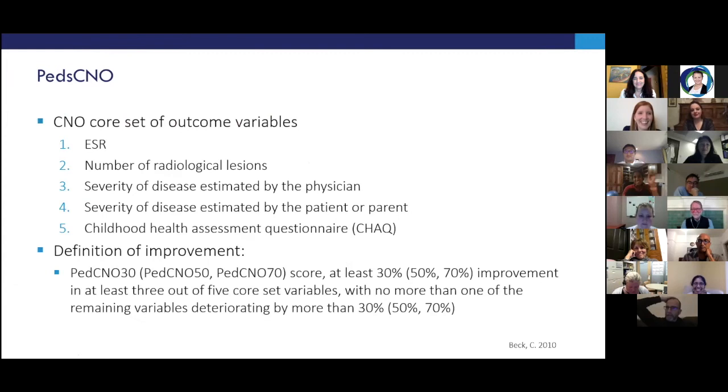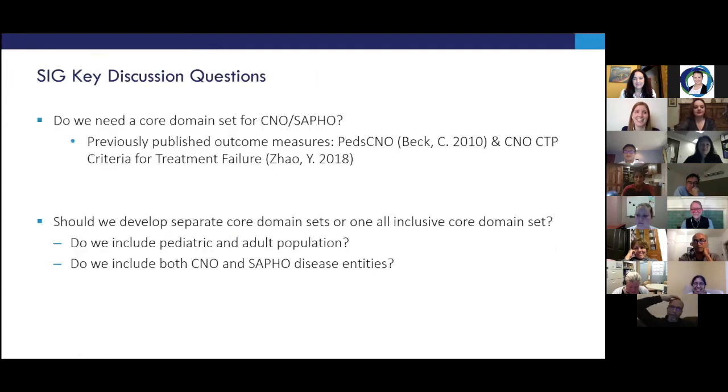Can I just ask a controversial question, also there to poke people a bit? Do we really need one core set, or do we need two, for CNO and SAPHO? That is an excellent segue